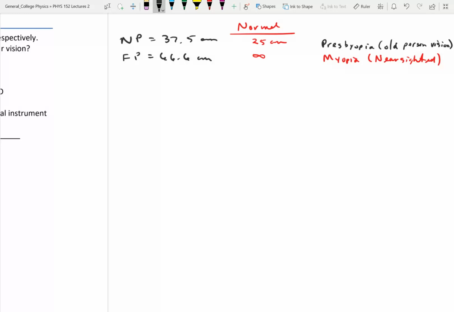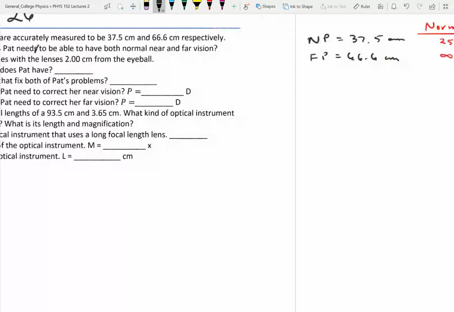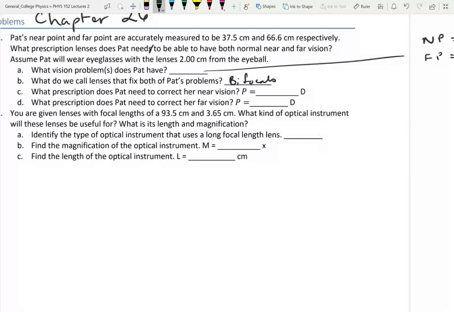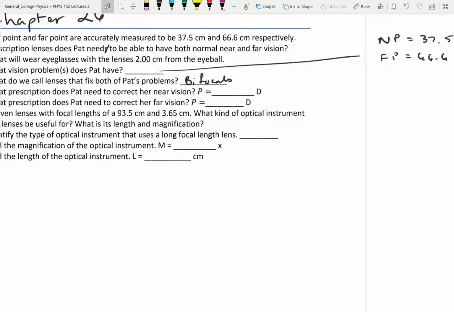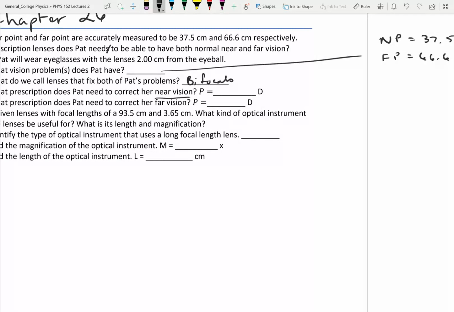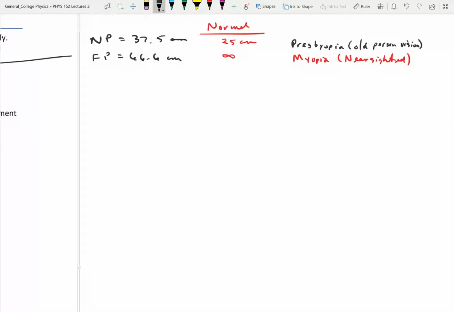So she's going to need two lenses, one lens to fix each of these problems. So that means she's going to need bifocals. One lens to correct the presbyopia, one lens to correct the myopia. So for her near vision correction, that is for her presbyopia,